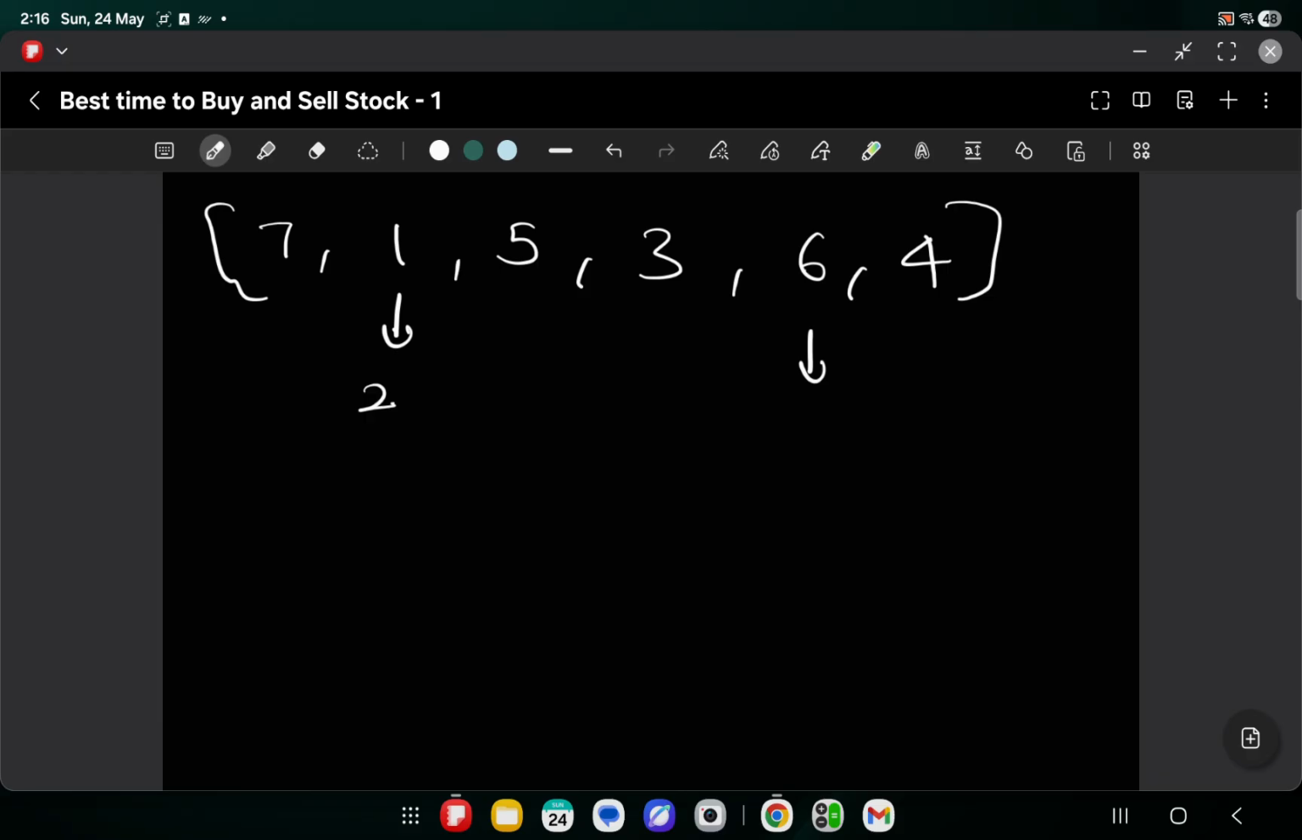So the array that is given to us is 7, 1, 5, 3, 6 and 4. So this is the example that is given. So over here we can see if we buy the stock on day 2 and we sell the stock on day 5, the profit that we would be getting is 6 minus 1, which is equal to 5, which is the maximum profit that we can achieve over